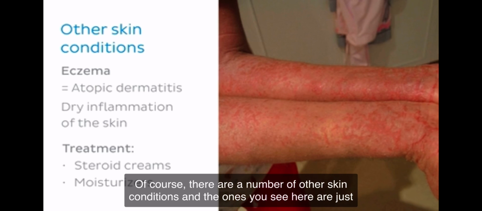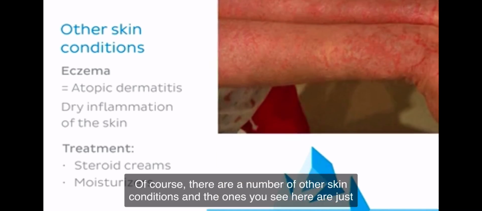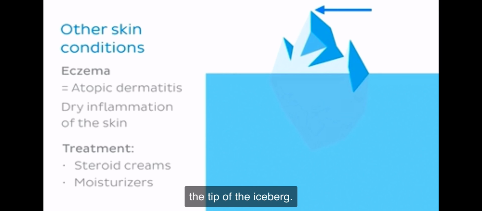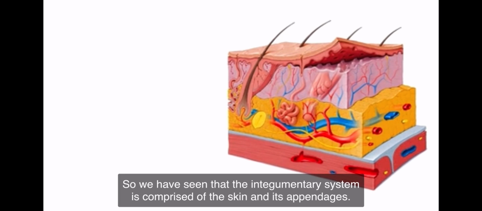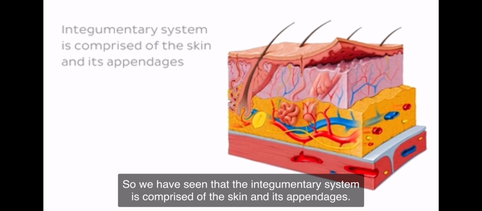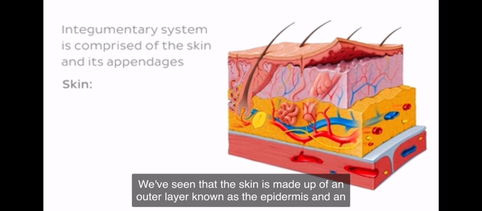Of course, there are a number of other skin conditions, and the ones you see here are just the tip of the iceberg. This, everyone, brings us to the end of this tutorial, and before we finish off, let's quickly go over what we have looked at so far. So we have seen that the integumentary system is comprised of the skin and its appendages. We've seen that the skin is made up of an outer layer known as the epidermis and an inner layer